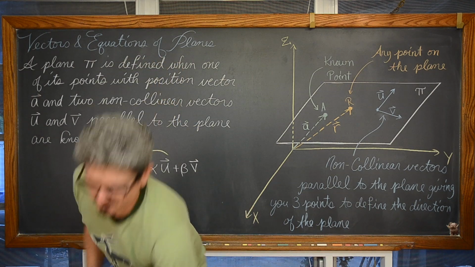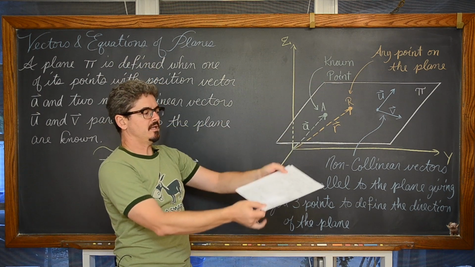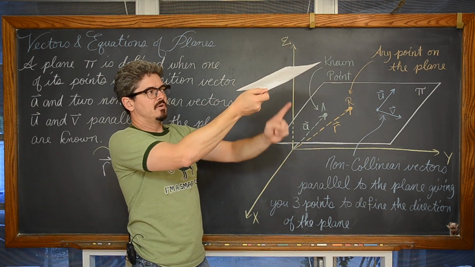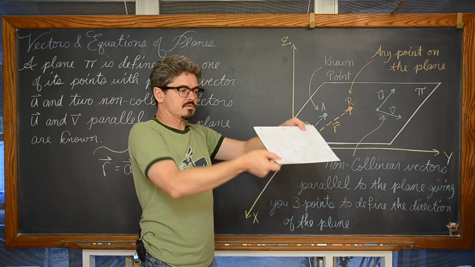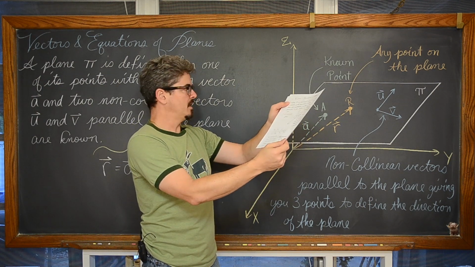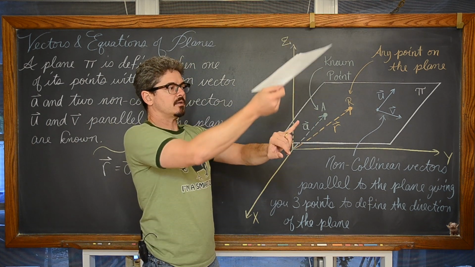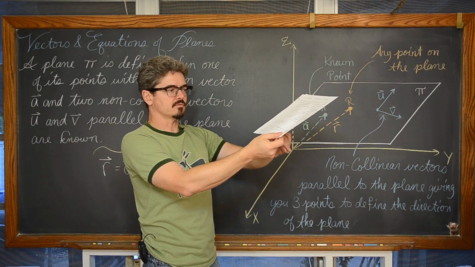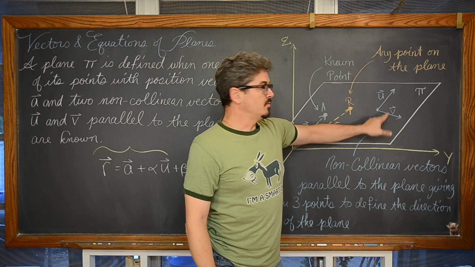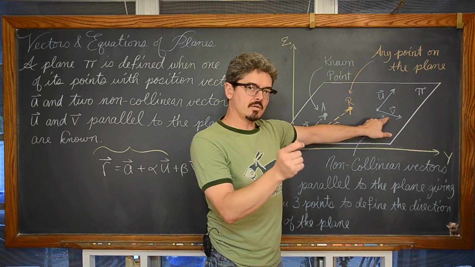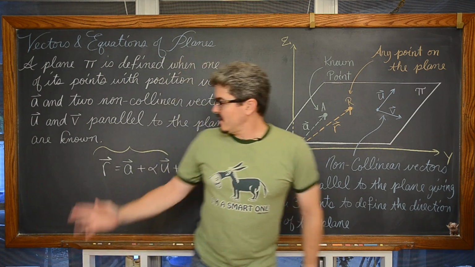If I have this plane in this particular direction in space, it can be anywhere, but no, it can't. It has to have one point. So based on these two non-collinear vectors, we're going to know the direction of that plane, its orientation, if you will, and then we're going to have that one initial or given point that lies in the plane, and that's going to lock that plane in space and give us that one unique plane. So if we know a point with the position vector A, and two non-collinear parallel vectors, which may be in the plane as well, we have an equation that defines that plane.